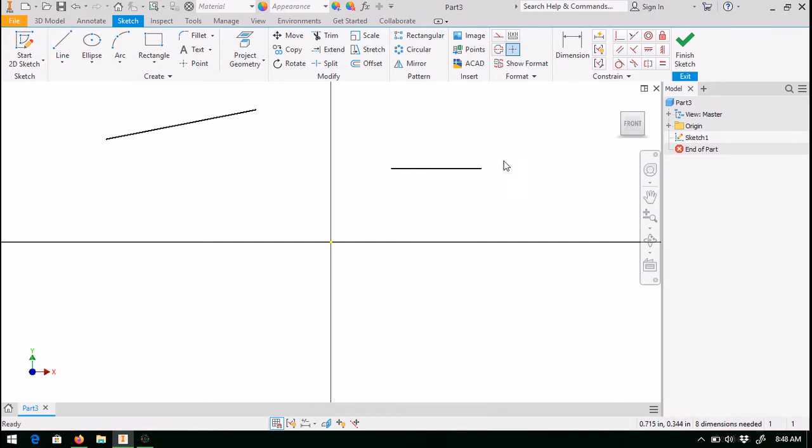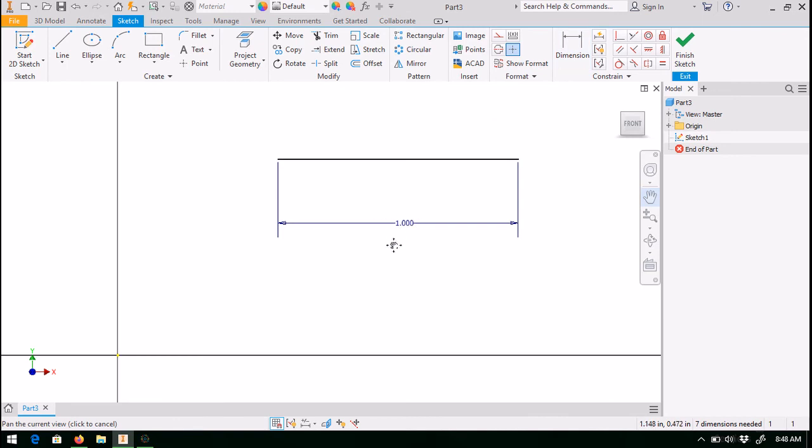Now, what if I want to change the dimensions of this line, its length? How do I do that? Well, to change the dimensions, click on the dimension command and then click on your line. And if I do that and move the mouse down, we can see that the current dimension is 0.375 inches. What if I wanted to make this 1 inch? Well, I'm going to left click again, and then let's type in 1 to make it 1 inch long, and you can see that the